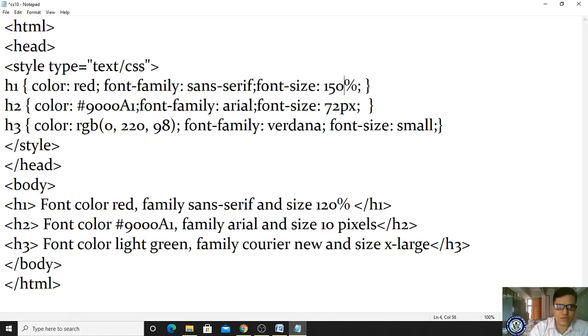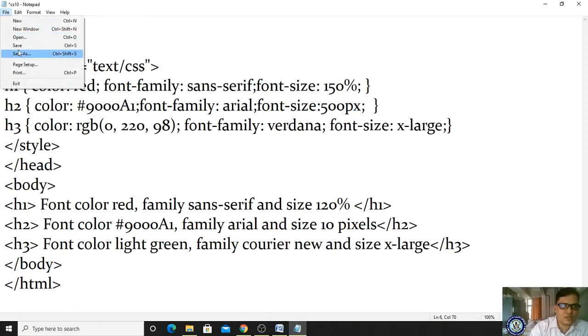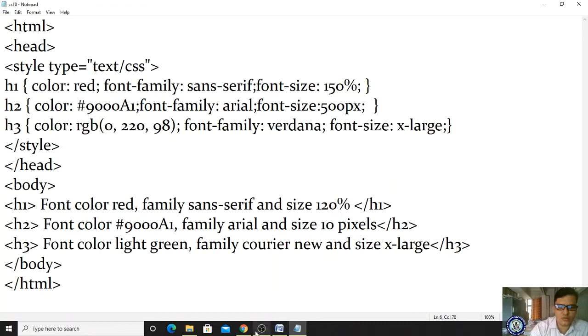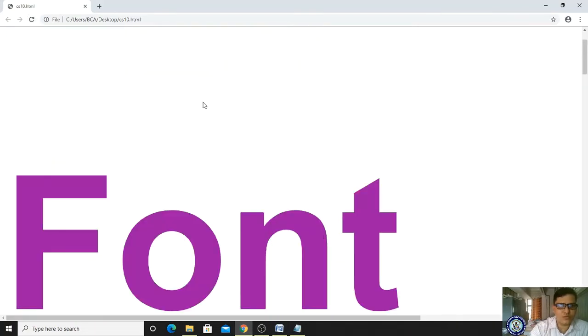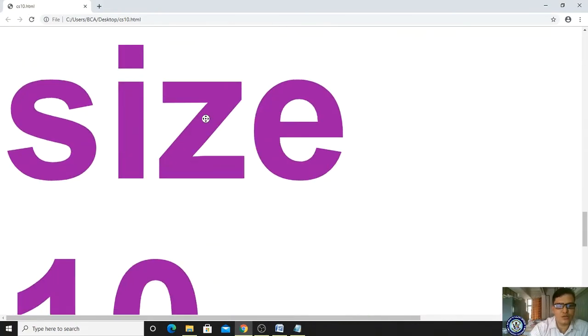Here the font appears as sans serif, here it is Arial and here it is Verdana. That is the difference you are identifying. And let me make 500 pixel and make it xx-large. Now refresh it.